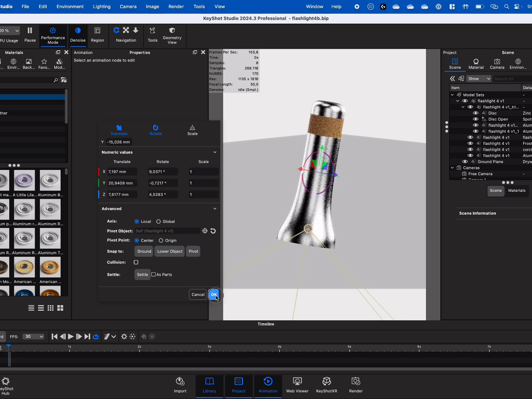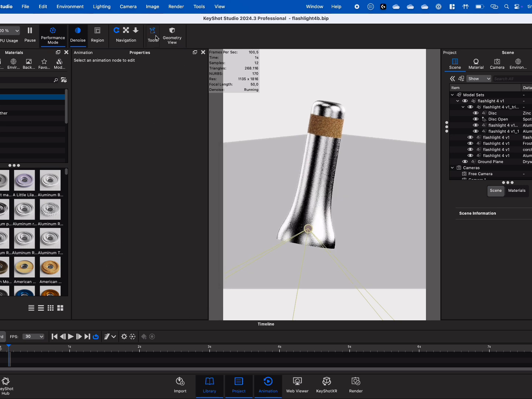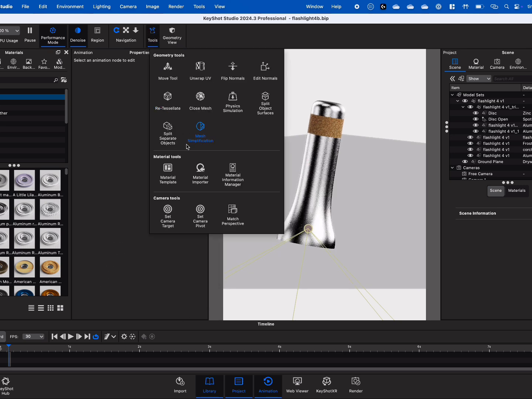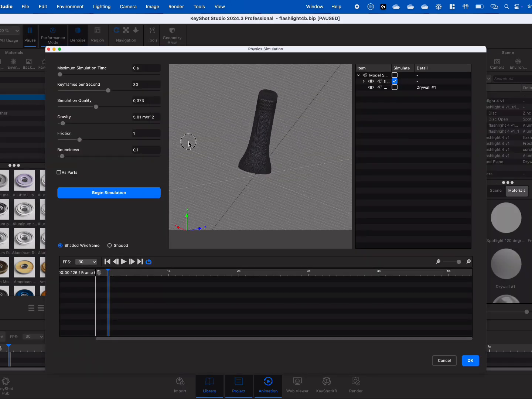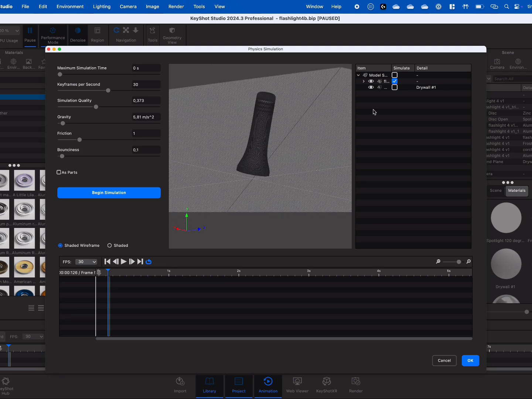And in this case, you open up the geometry. Now, you go into the tools, and then you pick simulation here, physics simulation, and then you have to make sure that you have the part selected over here on the right, and all the parts that you want to simulate, basically that you want to fall down. And then you go over to